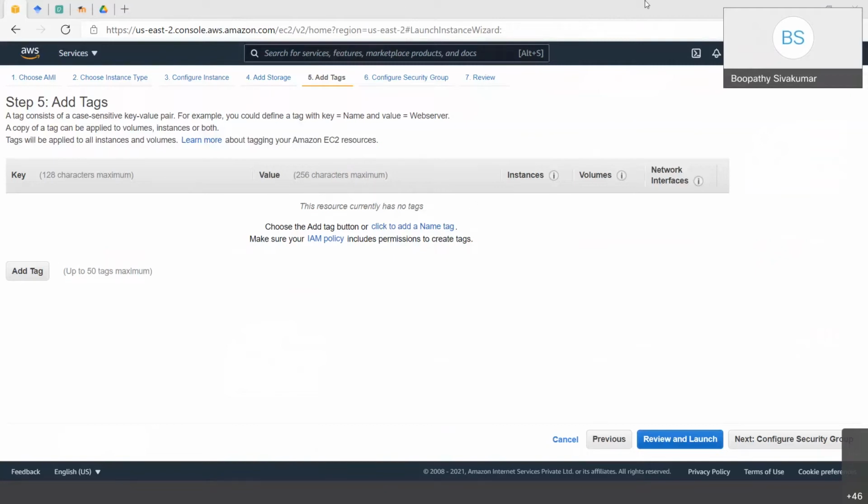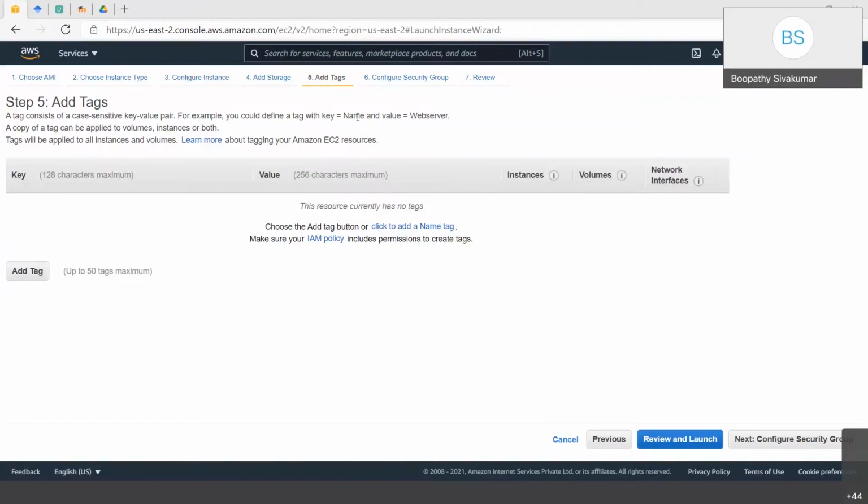When it comes to tags, adding tags with AWS is one of the key things. It has a key and a value. This gives a segregation, and when we are doing the billing and everything, you can segregate or create subcategories based on the tags.